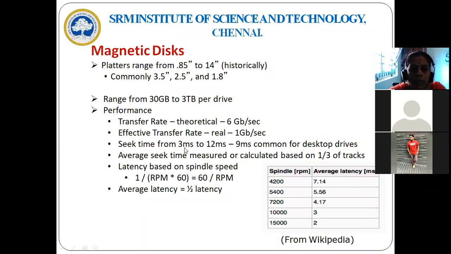So that ranges from 3 milliseconds to 12 milliseconds. So the common seek time is 9 milliseconds delay. It is on average. And the average seek time, which is measured 1/3 of tracks. Okay, it is depending upon the number of tracks available in your disk. So based upon that, the seek time will be